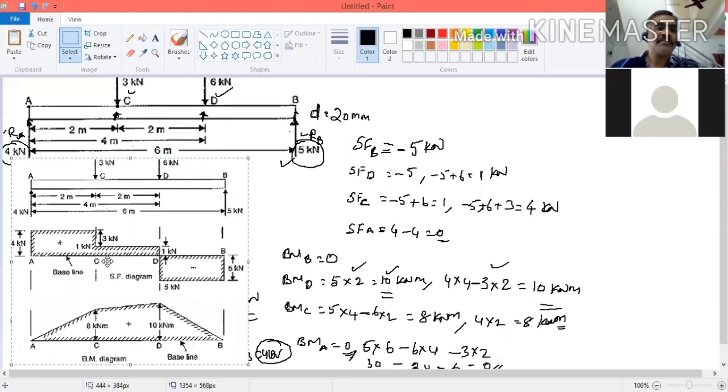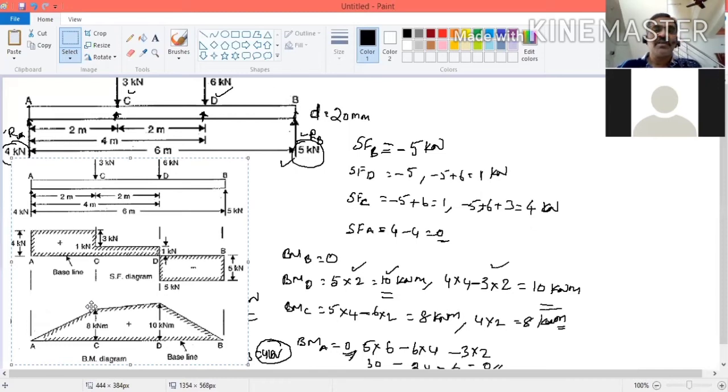So this is a shear force diagram, and this is a bending moment diagram. Bending moment at A and B is 0. And at D, it is positive 10 kilonewton meter. In case of bending moment for point load, it is linear. So from 0 to 10, you connect a linear line. Then at C, it is 8, so you connect linearly to 8. Then it is linear to A point. It is 0. So this is the way you have to draw the bending moment diagram.